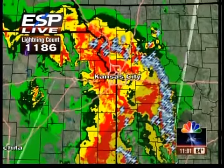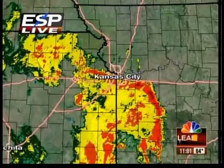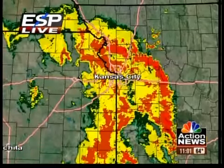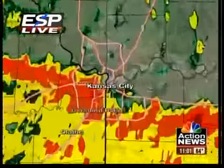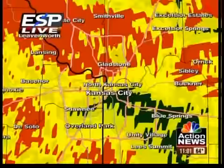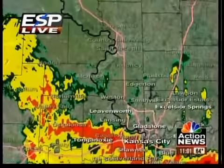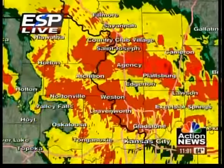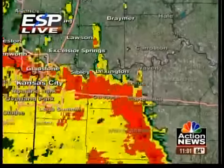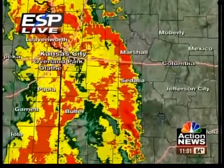So let's sort of show you how things are moving. With that band of showers and thunderstorms pushing north of Kansas City, if you're in St. Joseph or up towards Chillicothe and Pattonsburg, it's headed your direction, and that could amount to a quick ½ an inch of rain. There's the rain pushing through the metro. You can see quickly between 10 and 11 a.m., and now it's pushing towards Atchison, Agency, Plattsburgh, towards Excelsior Springs, north of Excelsior Springs and Lexington. We follow that line down to Concordia, Warrensburg, all the way down towards the Sedalia area and to the south